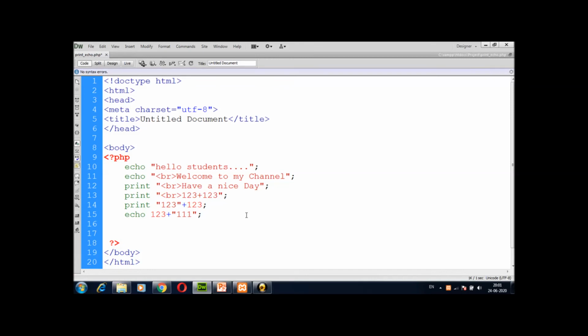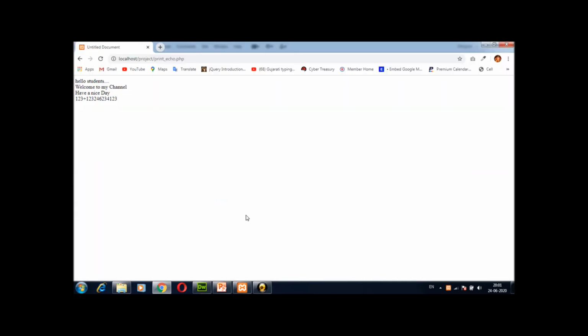Here I am going to show you one concept of the dot sign. Now here I am going to print like this: echo, then double quotes, break, then a dot, and again I print 1 2 3, double quotes 1 2 3, and save. So my 1 2 3 1 2 3 will print like this.